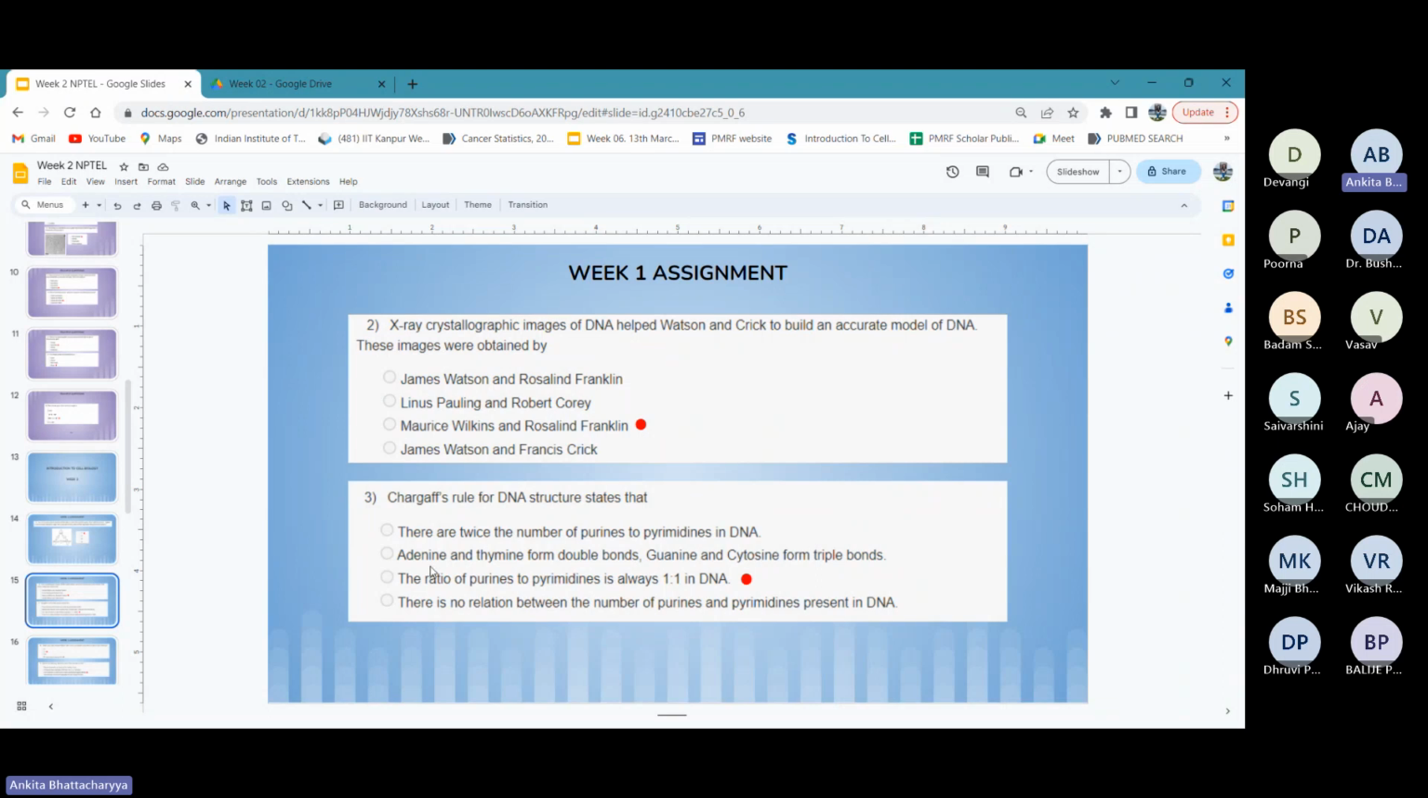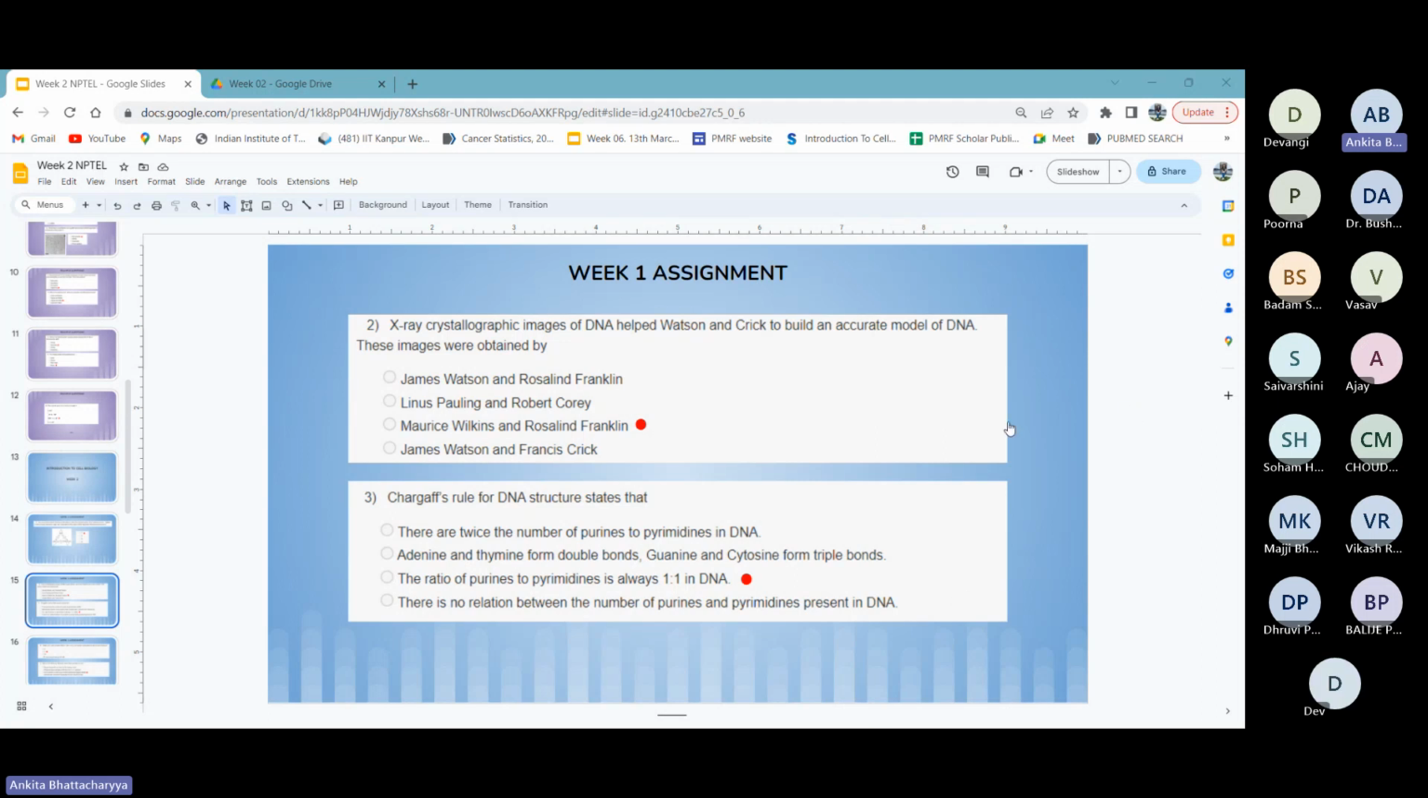Second option was about how adenine and thymine form double bonds while guanine and cytosine form triple bonds. While this statement is true, it is not what Chargaff's rule is stating. Therefore, this option would also not be correct. Again, another place where you need to make sure that you don't just select the fact which is true, but rather what exactly the rule states. So like we have discussed, the correct option would be option 3, where purine and pyrimidines are always in a